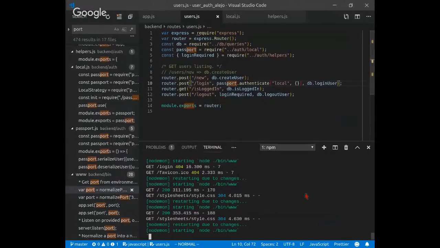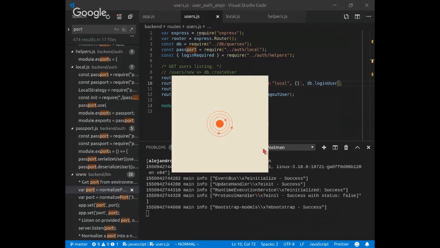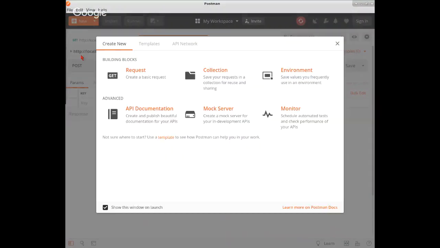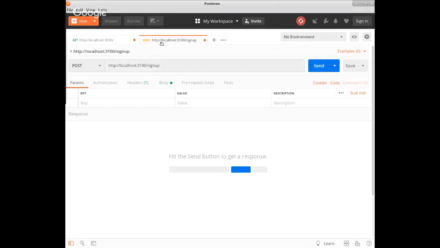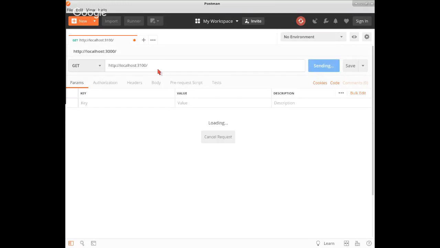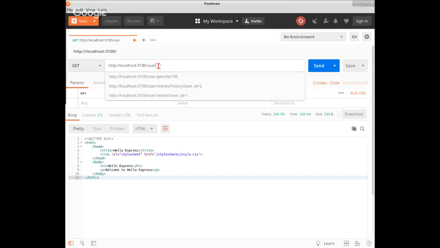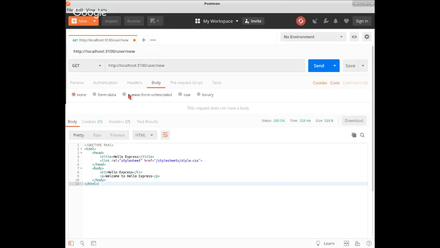Oh, I don't have Postman here. So we have 301. This is just gonna give us that. But we wanna register a user, so let's do user/new. And then here we're gonna pass, okay, we need to set up the body. This is the format,